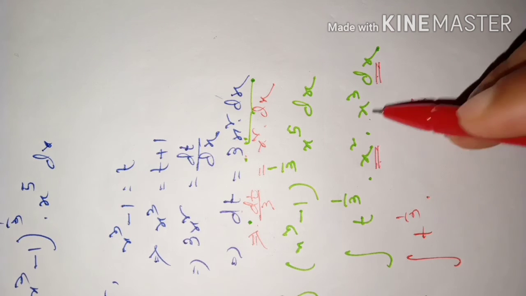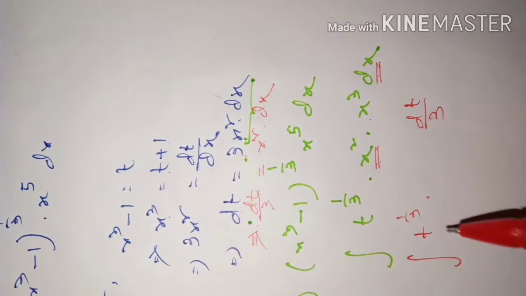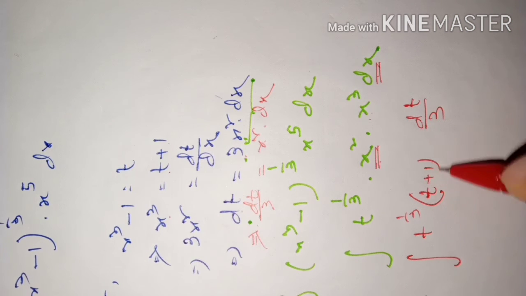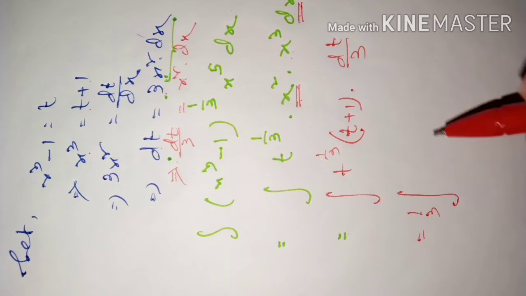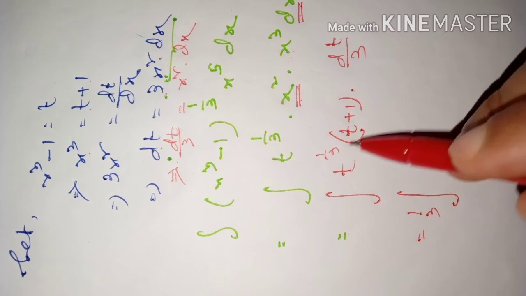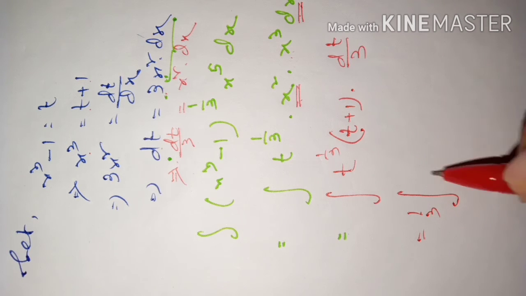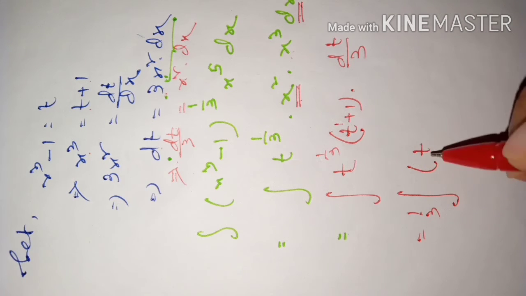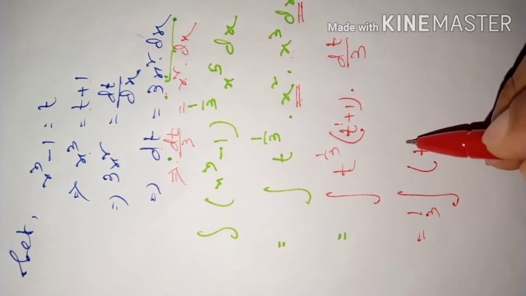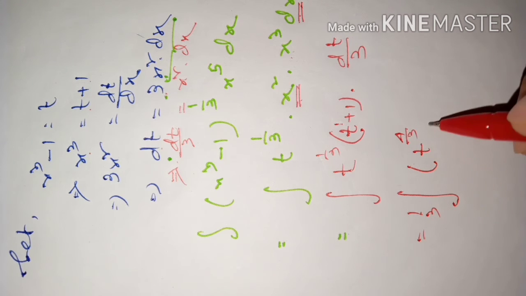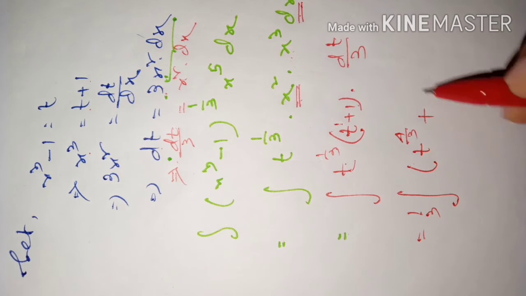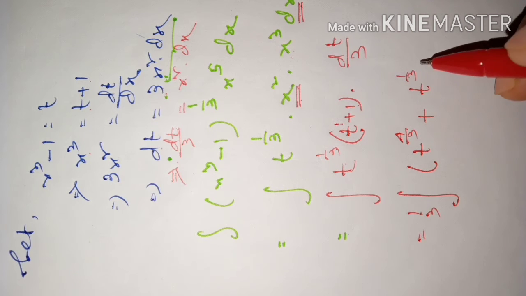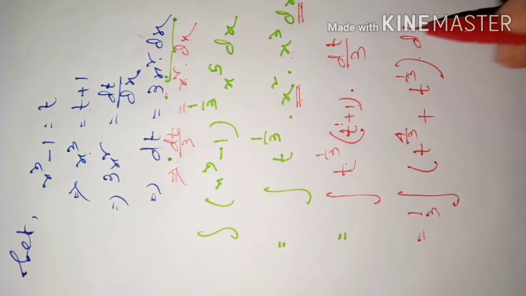And what about x cube? x cube, you know, is t plus 1. So I can write here t plus 1. Did you understand this, students? Ultimately the whole thing is changing into this. It is 1 by 3, you can write it separately, keep it aside. Then t to the power of 1 by 3, if you multiply it with t, it will be t to the power of 1 by 3 plus 1, that is 4 by 3, plus t to the power of 1 by 3 into 1, so it is t to the power of 1 by 3, then whole into dt.